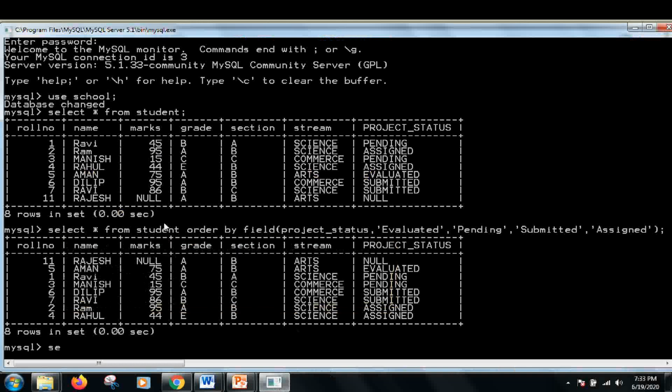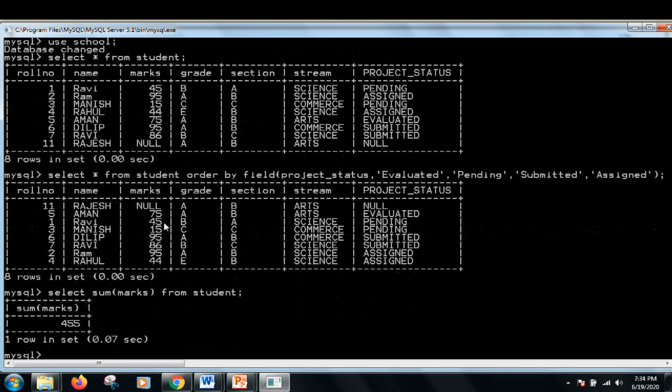I write sum, and then in the sum I write the field for which I want to do the sum. So you will provide a numerical column for this, obviously not any date field or varchar field. From student, so in this way you are getting the sum of all the students.